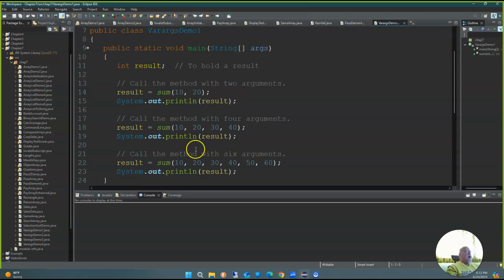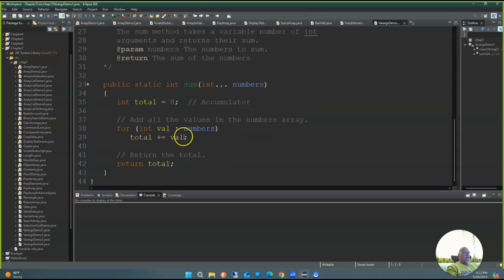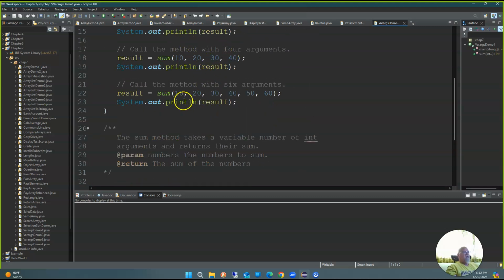And so here I've got int result, and result equals sum 10 and 20. So I look down here, and I've got sum int dot dot dot numbers. I've got a local variable for this method called total. I initialize it to 0, and then I use an enhanced for loop to grab each one of these elements out of this array and put it into val. So there's 10 and 20, and there's 10, 20, 30, 40, 50, 60. So when we run it,